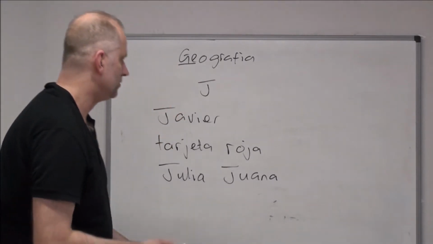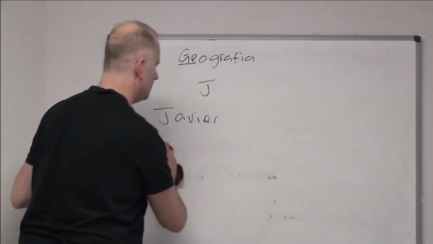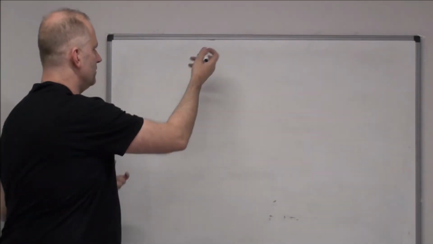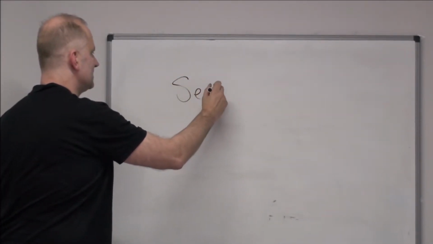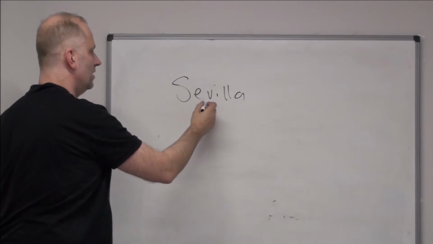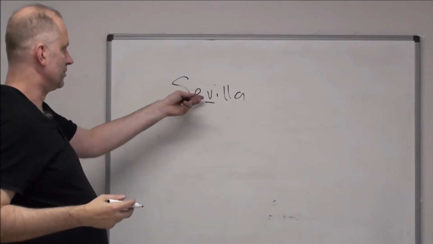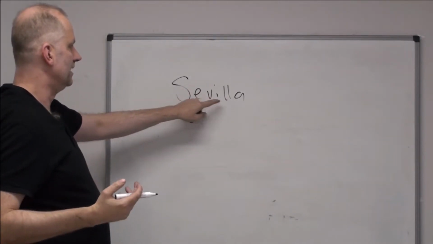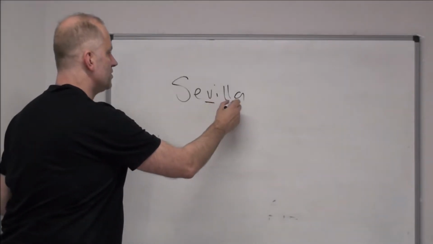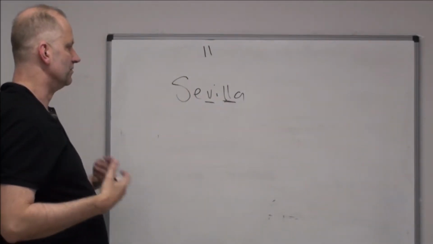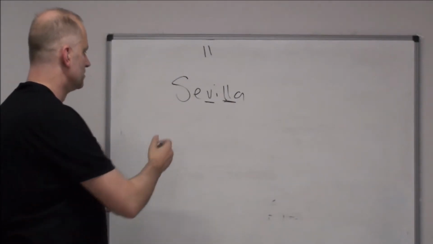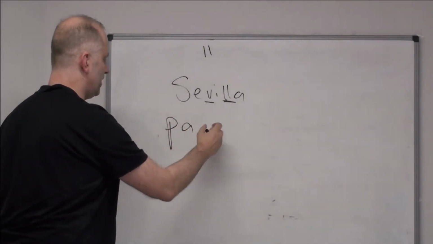And also, we've already seen how Seville is spelt in Spanish, so it's Sevilla. So we've already seen that the V is like a B, but when you have two L's together, it's Sevilla. You don't hear the L's at all. It's more like a Y. So if you think of a really popular Spanish dish,